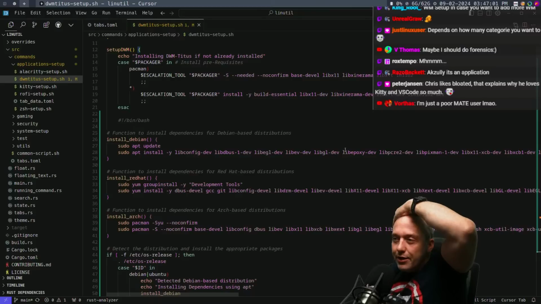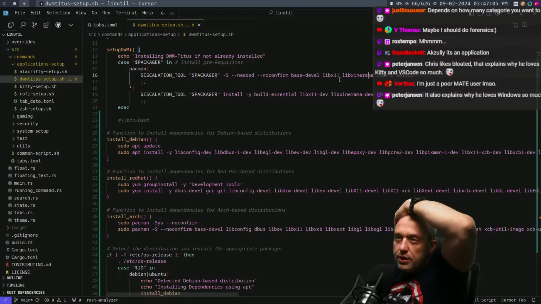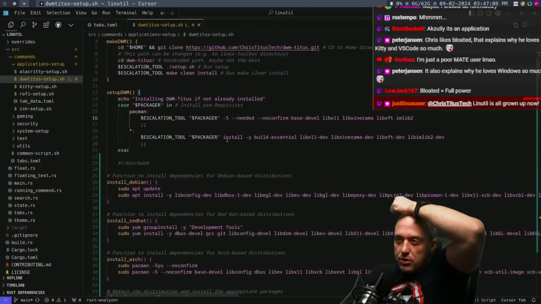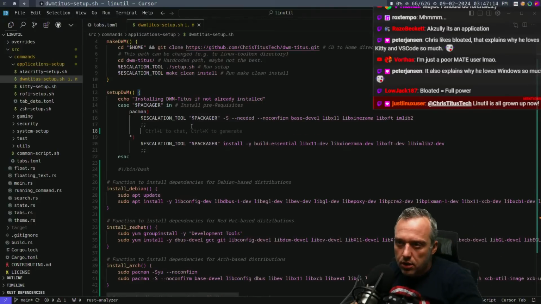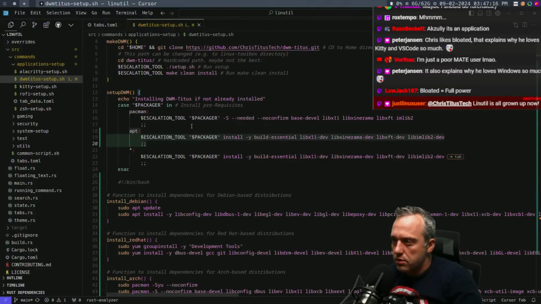So here's the packager, these tools. As you see, Debian would be completely different from here. So this setup is incorrect all around. So this needs to be apt. And if we look at apt here,